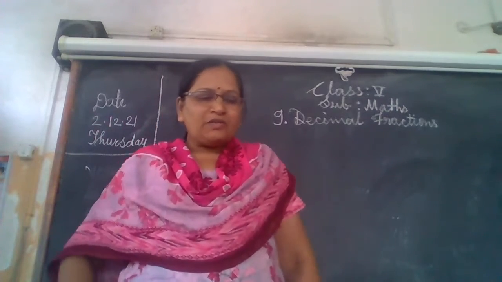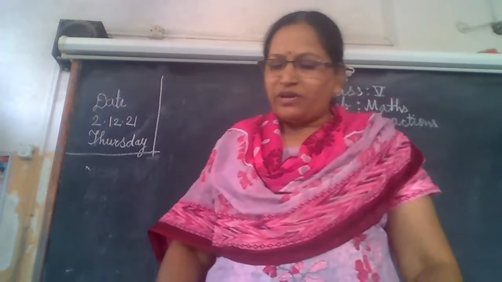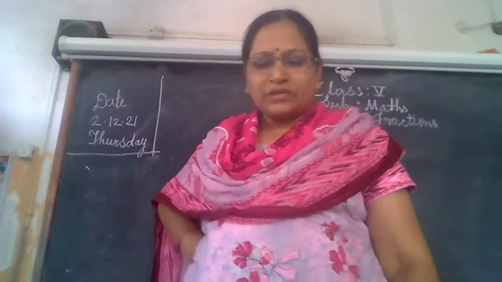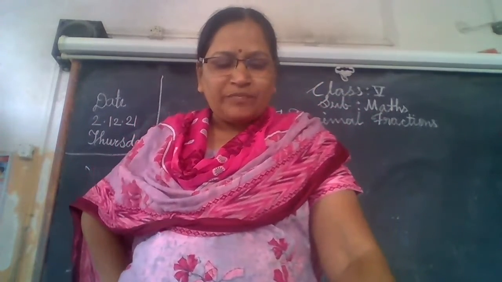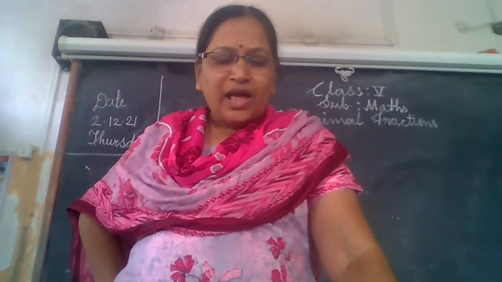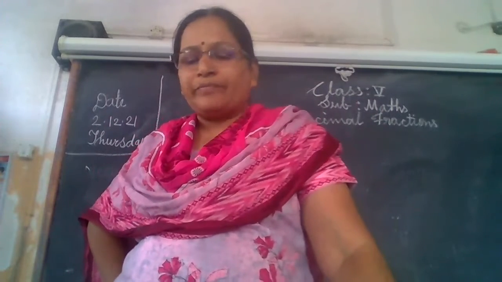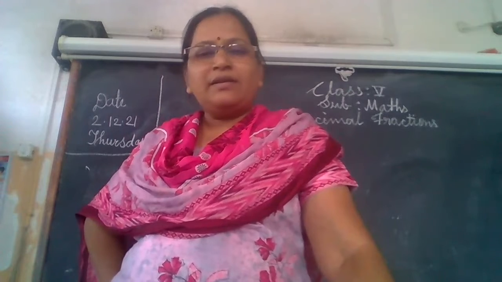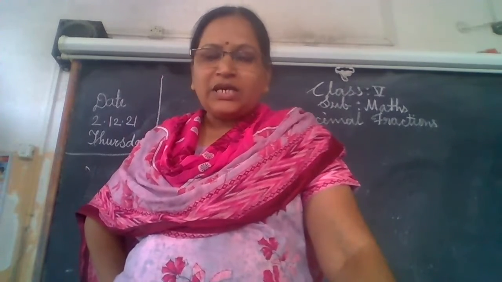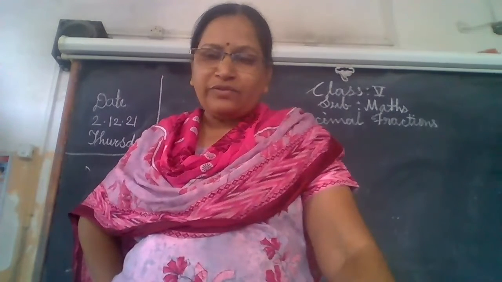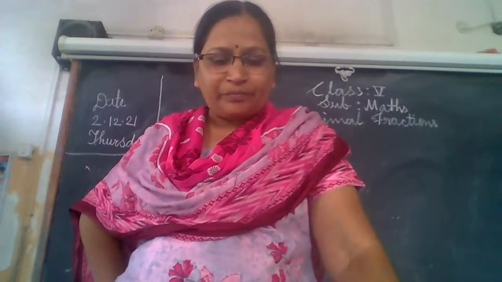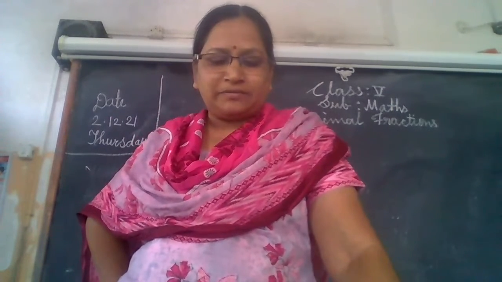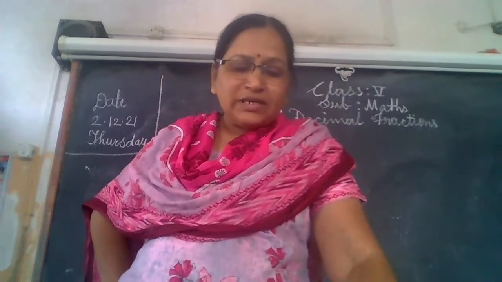Okay, beta. Now see, children, in your book, one conversation is given between Soumitra and the teacher. So, what is it, beta? Soumitra: Sir, today I saw MRP. What is the meaning of MRP? Maximum retail price is rupees 24.50, printed on a box of medicine. What does it mean?